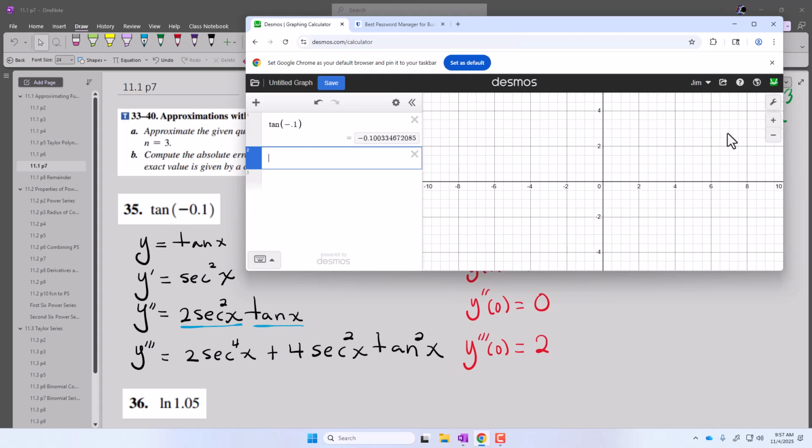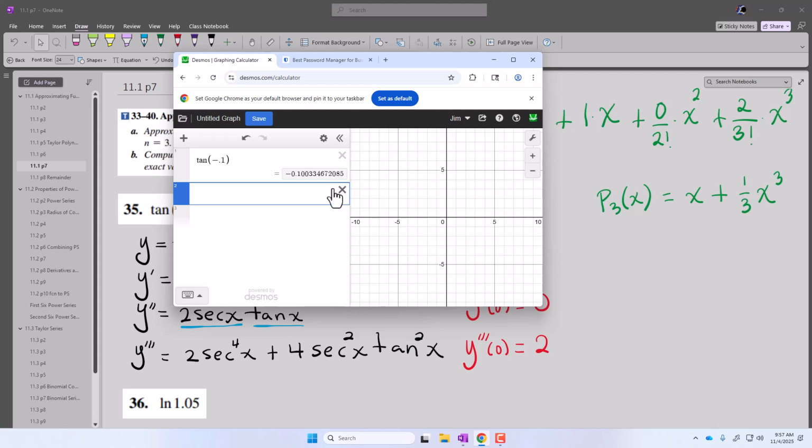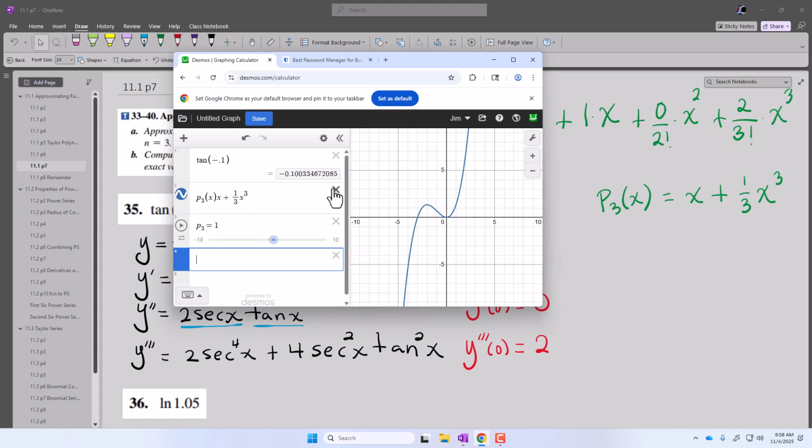And then our polynomial approximation, our Taylor polynomial, is going to be x. We could define this as p sub 3 if we want to be fancy. P sub 3 of x is going to be x plus 1/3 multiplied by x cubed. So there is our polynomial. And then p sub 3 of 0.1 is equal to,